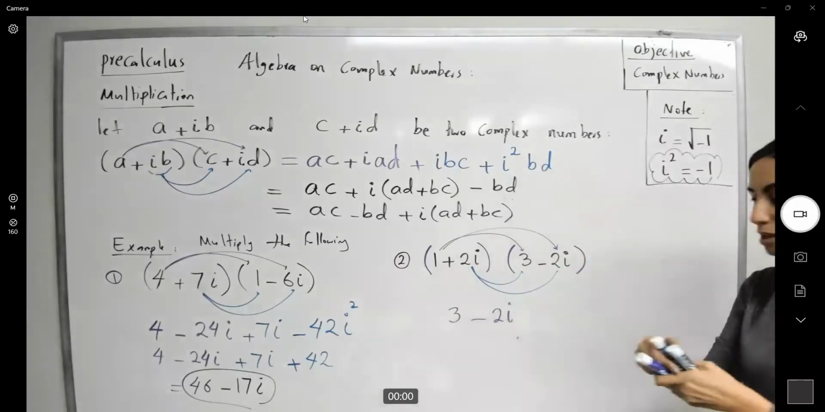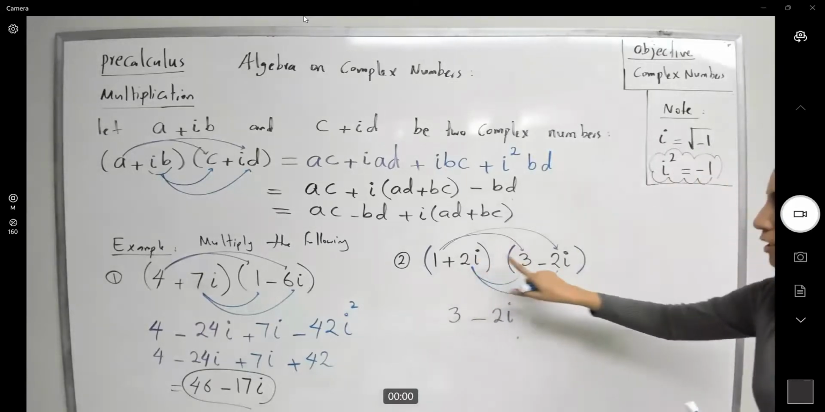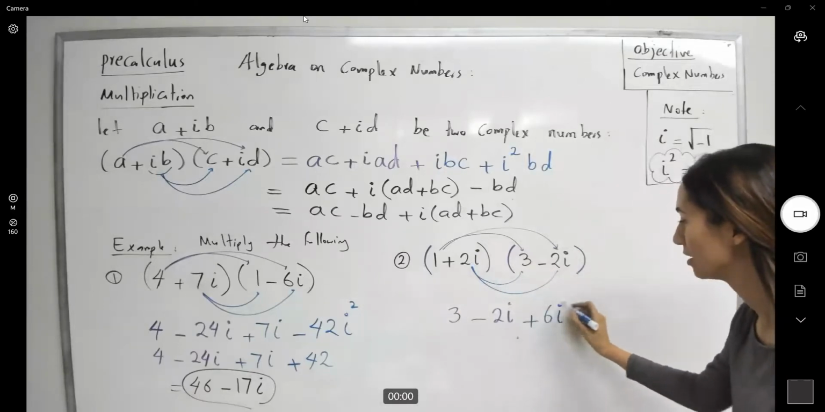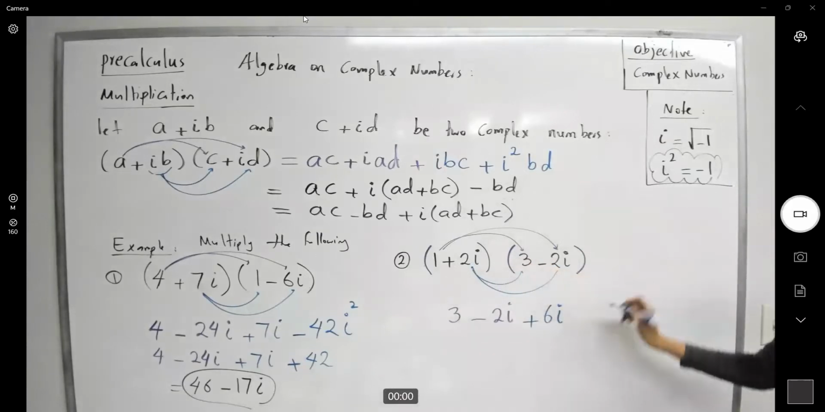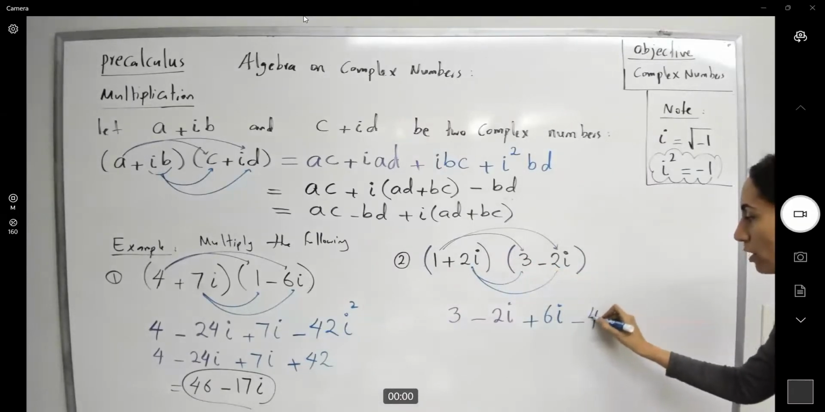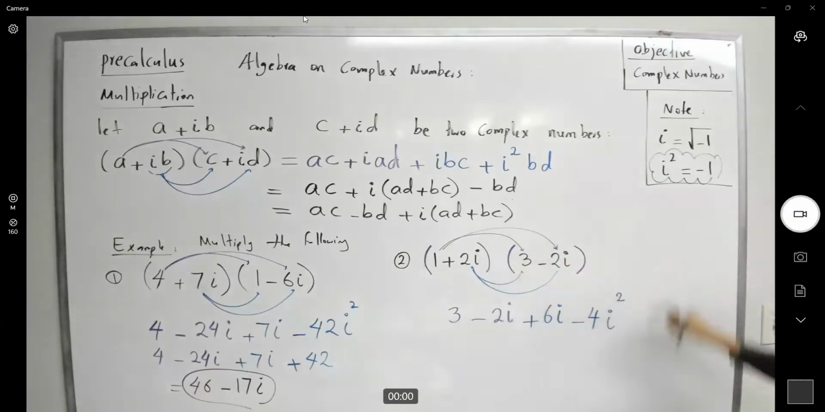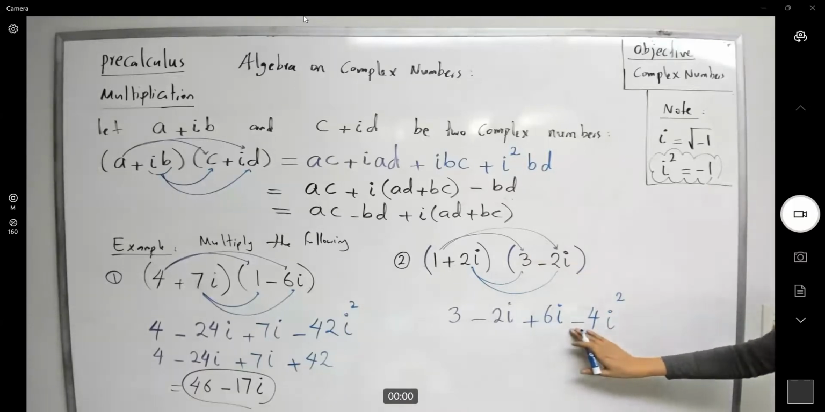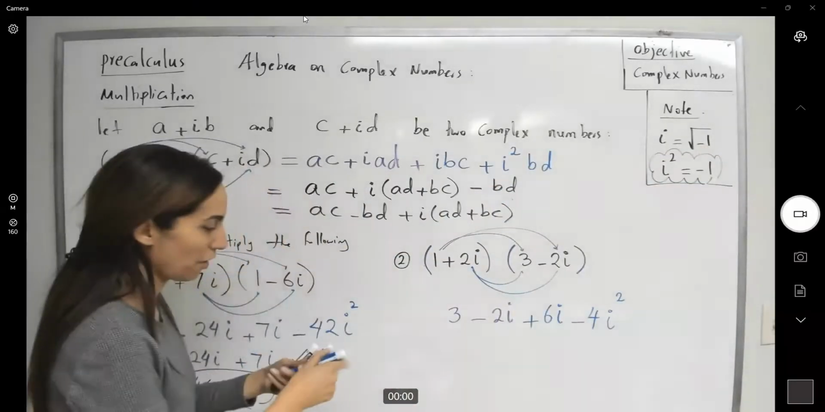Now let us start distributing 2i into parentheses. Plus 2i times 3 is plus 6i. Plus 2i times negative 2i gives us negative 4i times i, which is i squared. What is i squared? i squared is negative 1. Negative times negative gives you positive. So this guy becomes 3